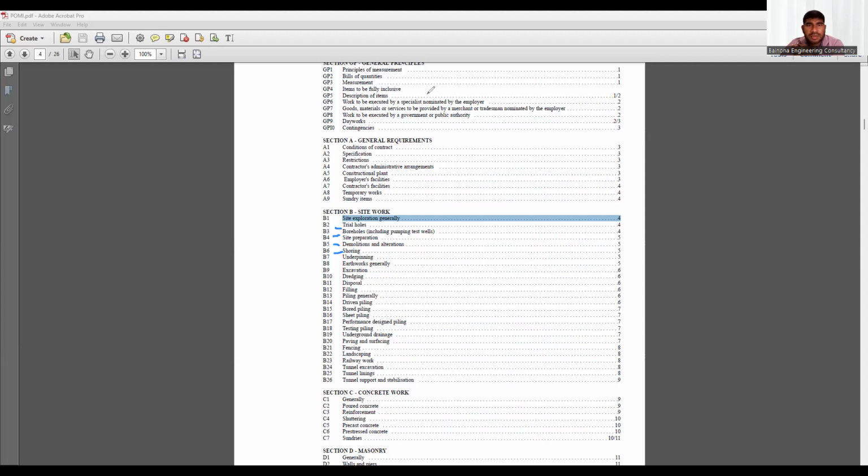Let me tell you a small brief about shoring. As you all know, there are two types of shoring. One is permanent shoring. The other one is temporary shoring. So what is temporary shoring? Once you finish the work,